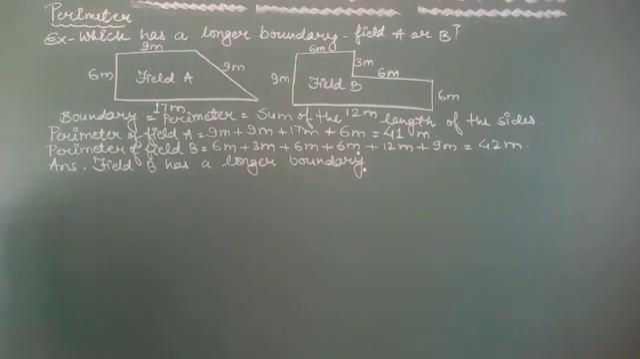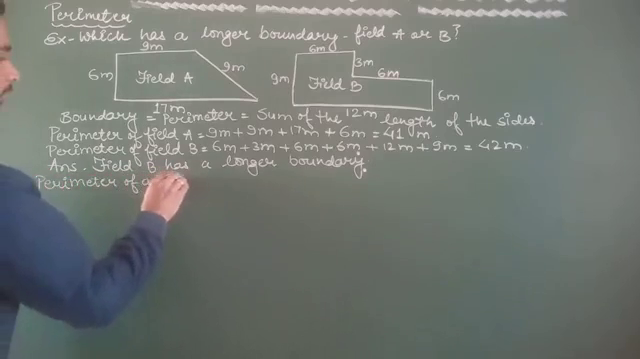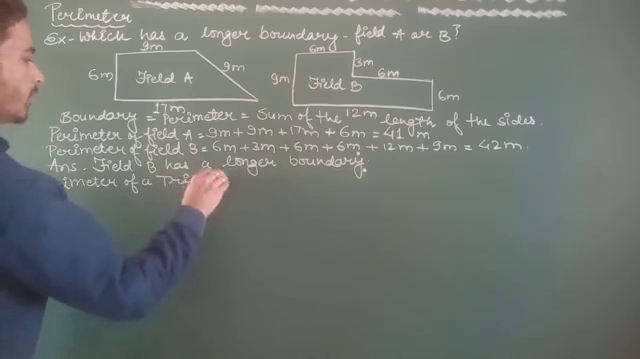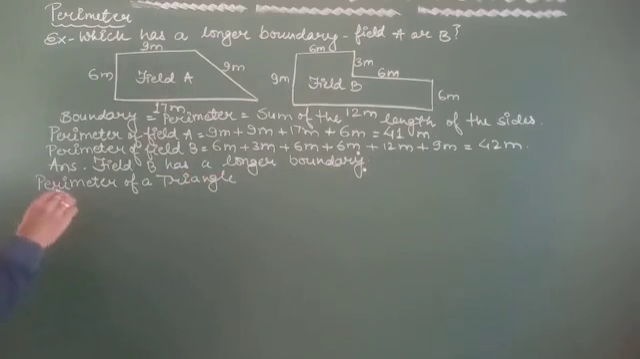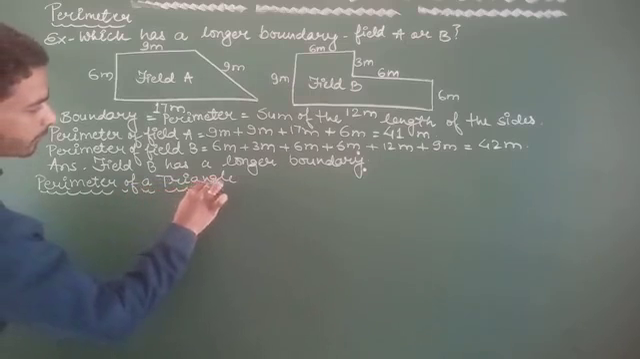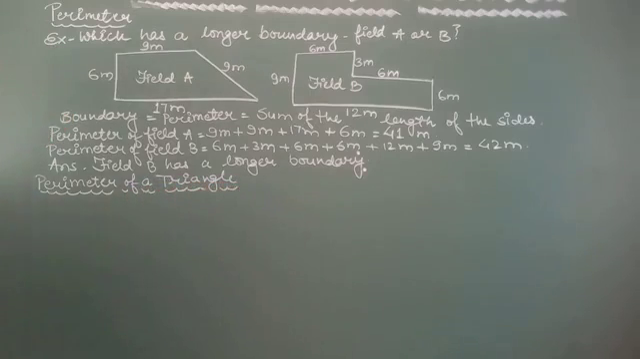Now come to the next topic, that is perimeter of a triangle. The next topic is perimeter of a triangle. So the triangle is like this,